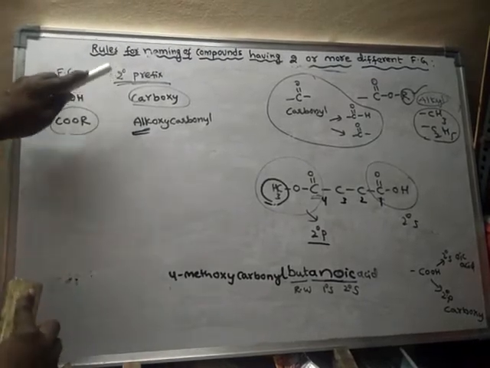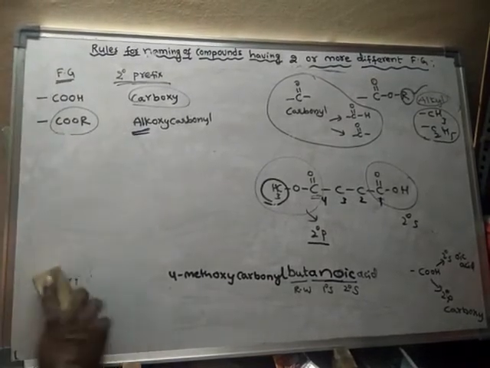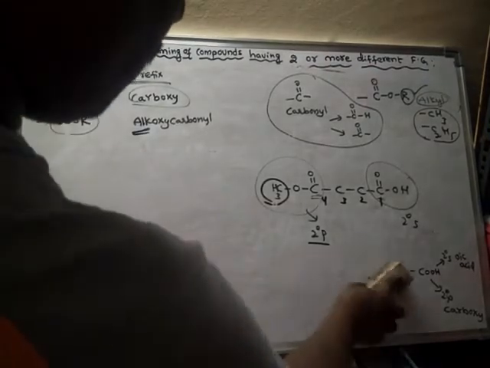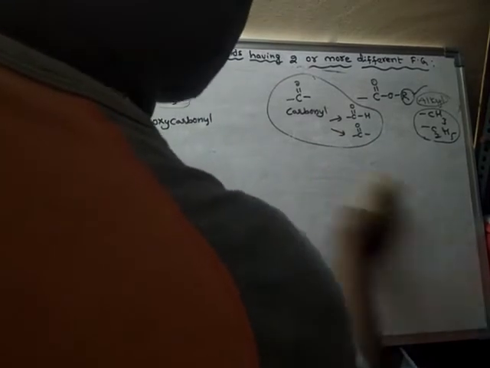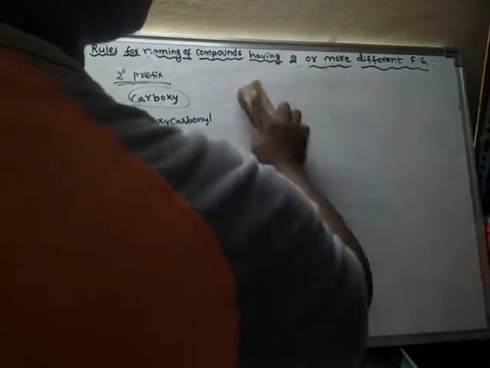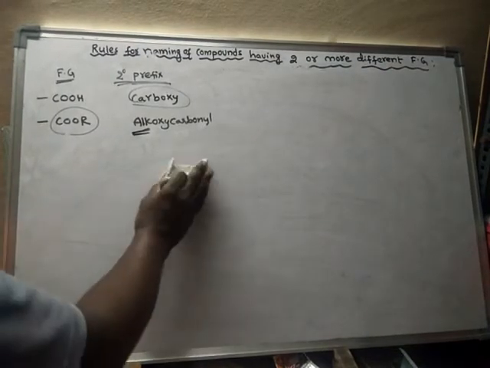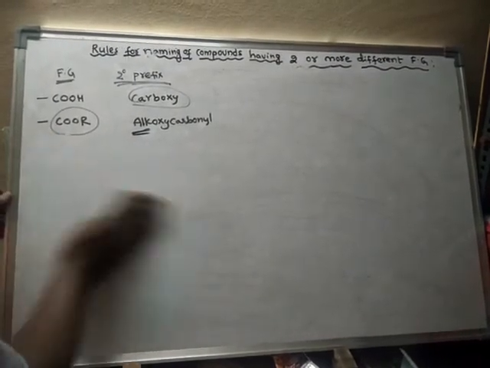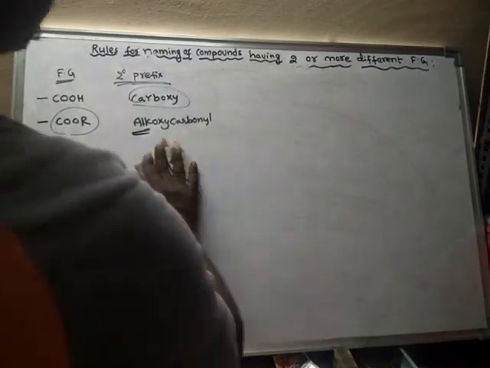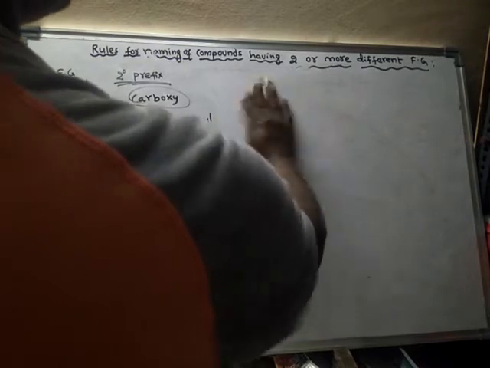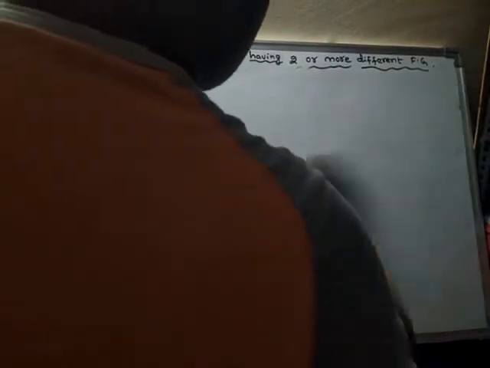See here, I am writing only the secondary prefix names of these functional groups. They have secondary suffix names also. I have given these secondary suffix names of these functional groups in the earlier sessions, earlier videos. Now I am writing only secondary prefix names. When they are acting as a less important functional group in the compound, only then should these names be given as secondary prefixes to the compound.